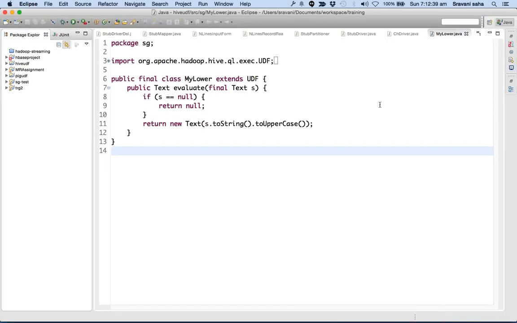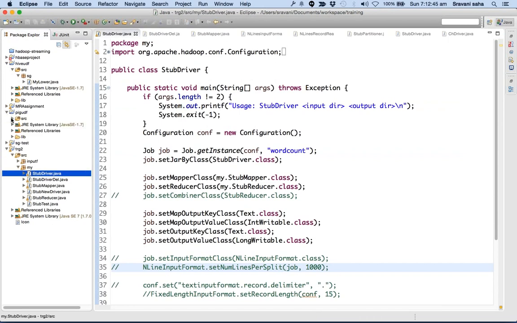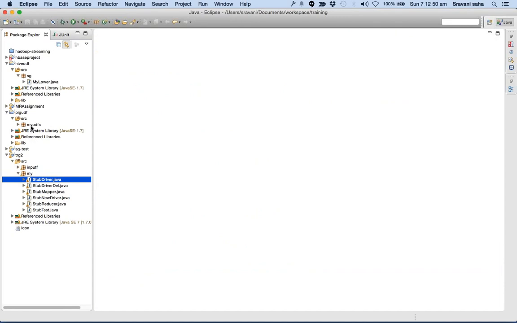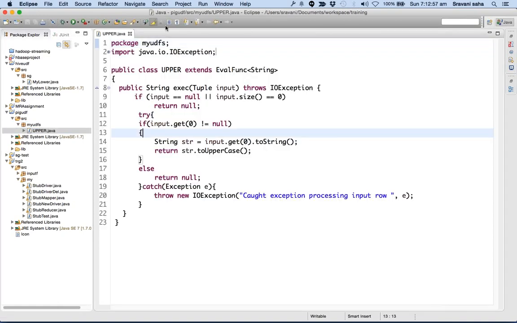This is Hive. Similar to Pig, there will be Hive also. Let me just close all of these. Inside Pig UDF, you can see that there is a package called Pig UDF, and under it you will see a class called Upper. We are trying to create a UDF, user-defined function, called Upper, as if it's an internal function. So whenever you are trying to create a function called upper,